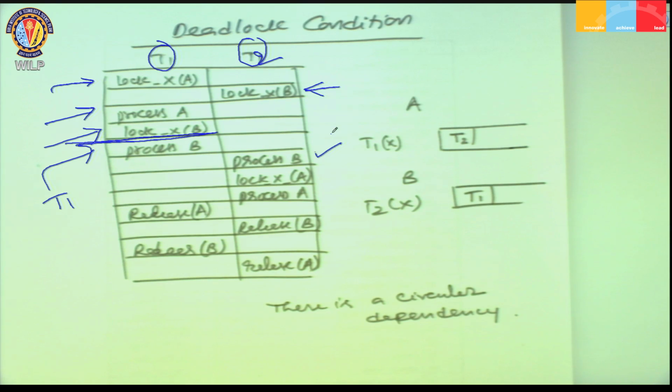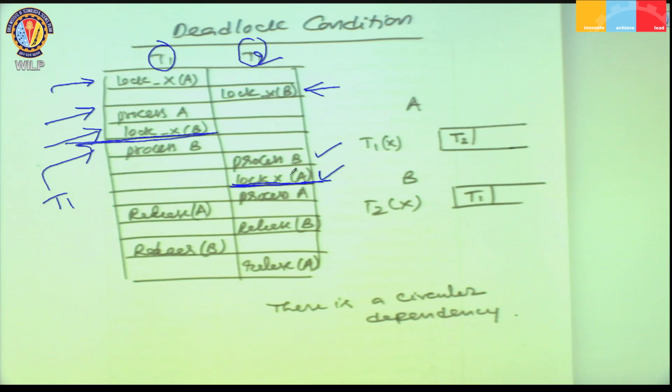That means it processes B, and immediately as part of its third instruction it needs a lock on data item A in exclusive mode, but it cannot acquire that because here T2 blocks, because it requires a lock on A in exclusive mode and the data item A is already locked by transaction 1 in exclusive mode. And in this case, T2 can acquire the lock on data item A when it is released